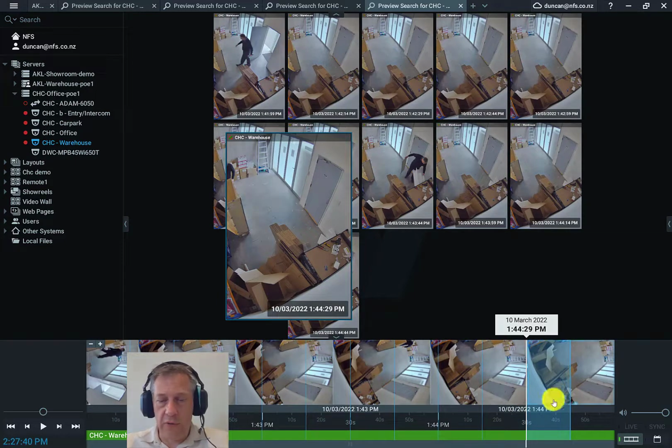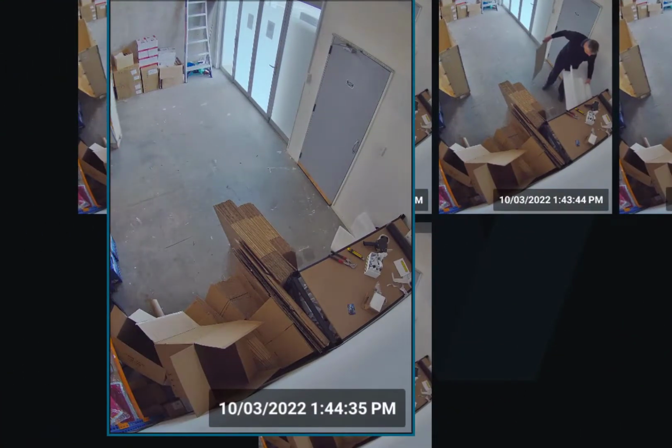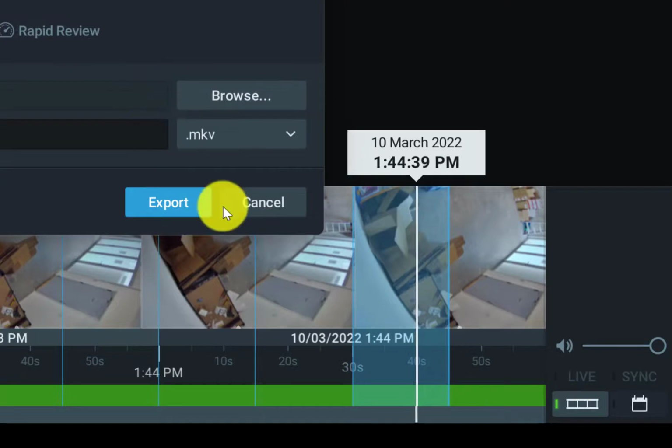To be honest, it's got so narrowed down, I might as well just play this preview, and here we go. I can see my box disappearing. So I now have the date and time, and if I wanted to, I could just right click on that and go straight there and export that video. I've now found